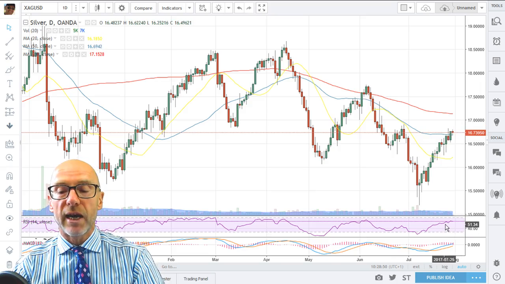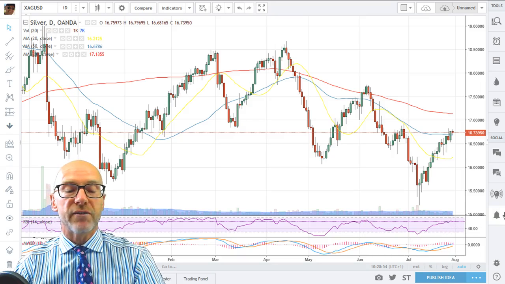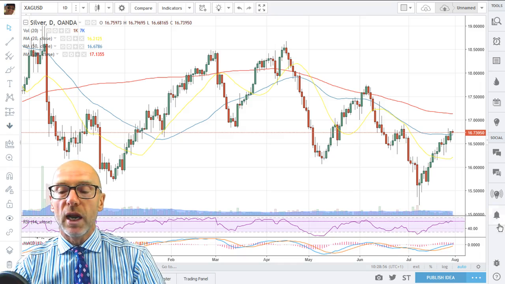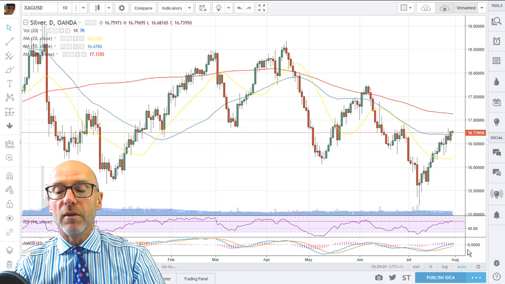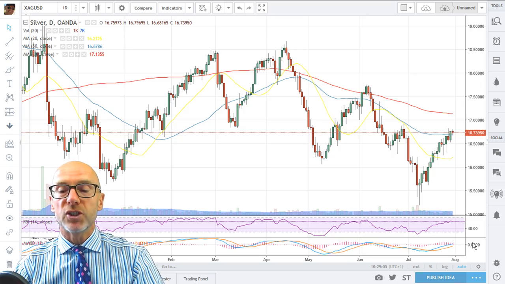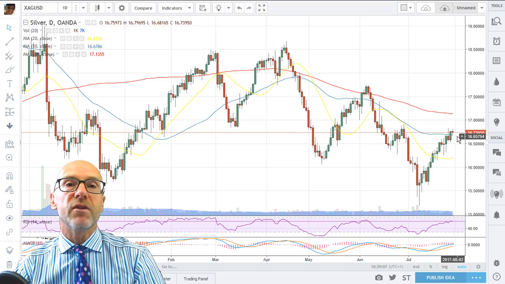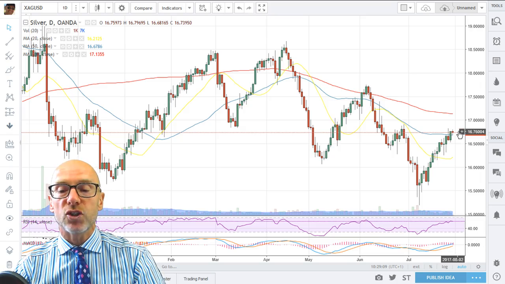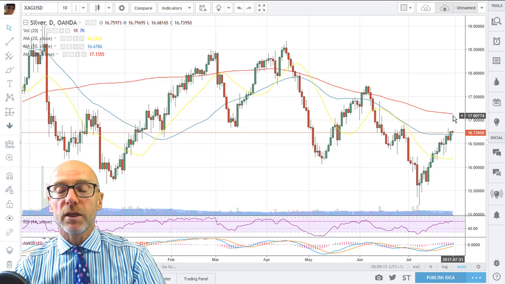You can see we have both the RSI in an uptrend and is presently at 59.51, and we have the MACD shorter term above the longer term and just gone above zero as well, indicating positive momentum. So if we can stay above the 50-day for a day or two on this chart, I would expect a further move up towards the 200-day, and really that does